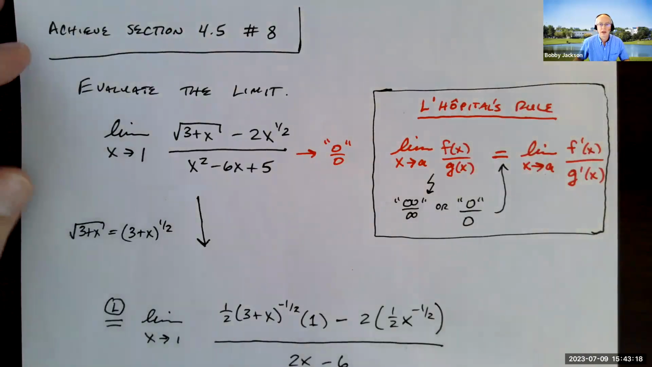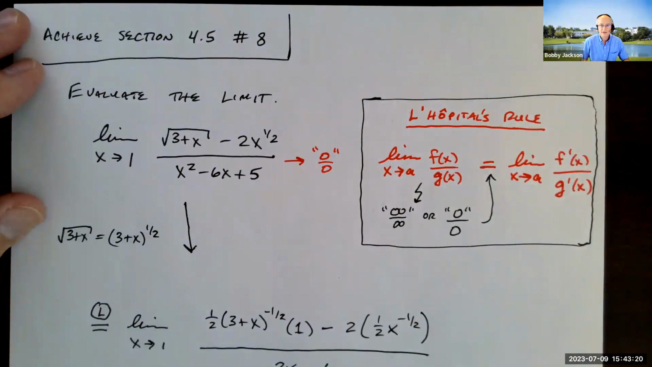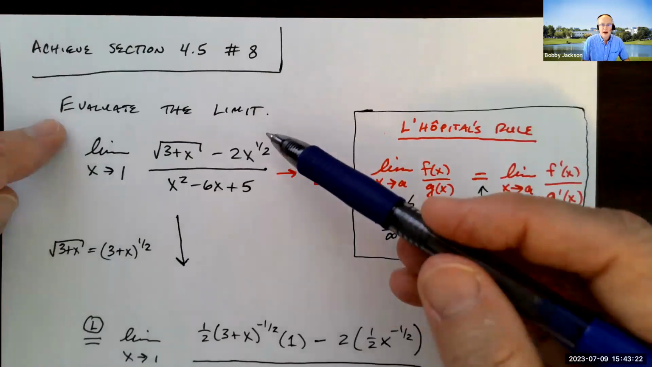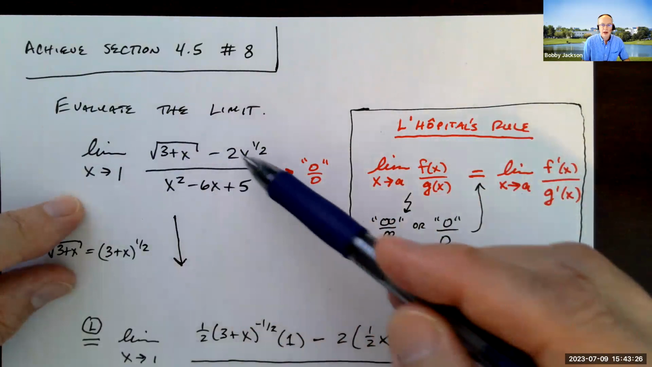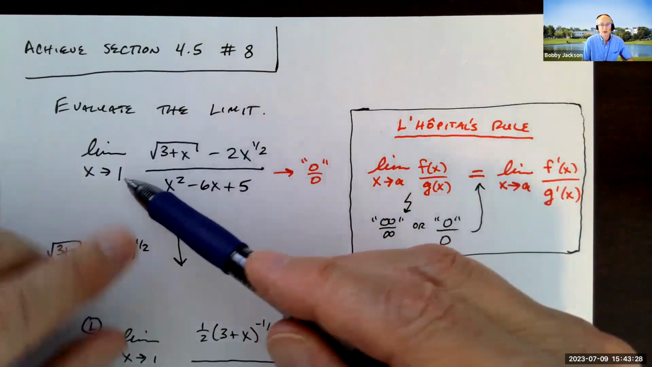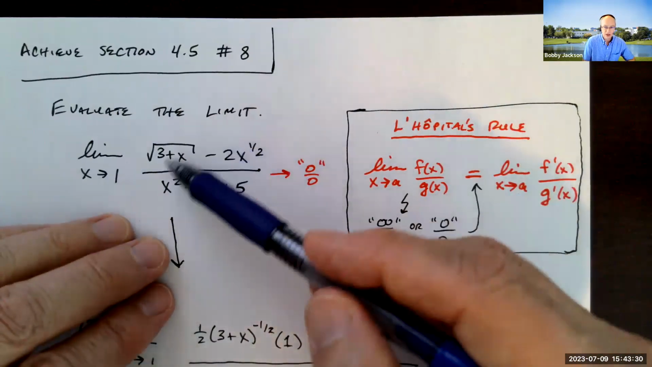Hey everyone, we're going to take a look at Achieve section 4.5, number 8. We're to evaluate this limit here. And when I try and just plug in directly, which I should try and do, is this function continuous at